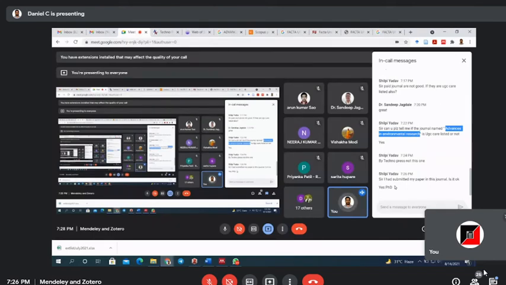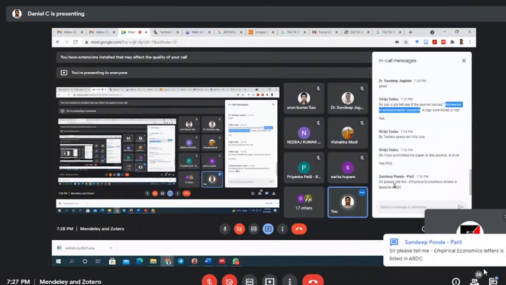See here, India. What is the issue? Frankly speaking, for the NAAC, India accreditation, and other committees, Scopus will be a little bit easier.